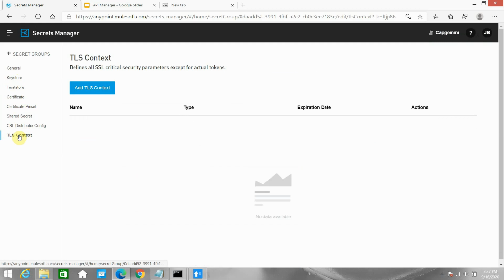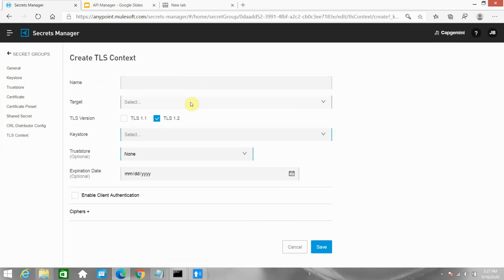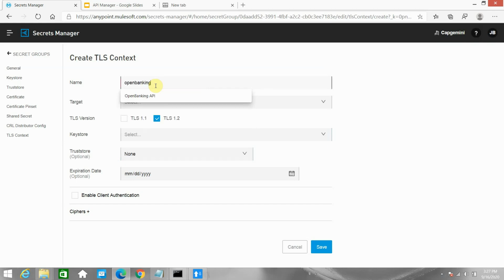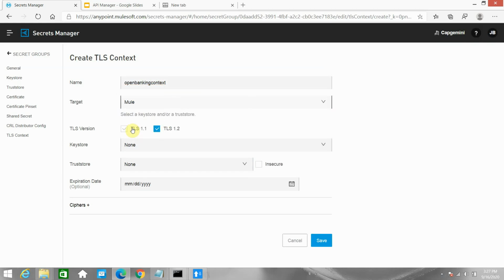We require TLS context, so add TLS context. The name you can give as open banking context. You can select the target, any point security of Mule. I want it for Mule. You can select the TLS version. Select the keystore associated with this particular context.